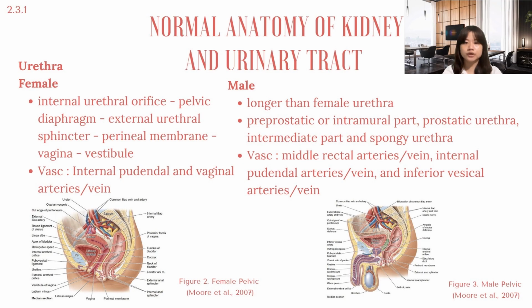The male urethra is longer than the female. In males, the urethra is divided into four parts: the preprostatic or intramural part, prostatic urethra, intermediate part, and spongy urethra. The blood supply of the male urethra is from the middle rectal artery or vein, internal pudendal artery or vein, and inferior